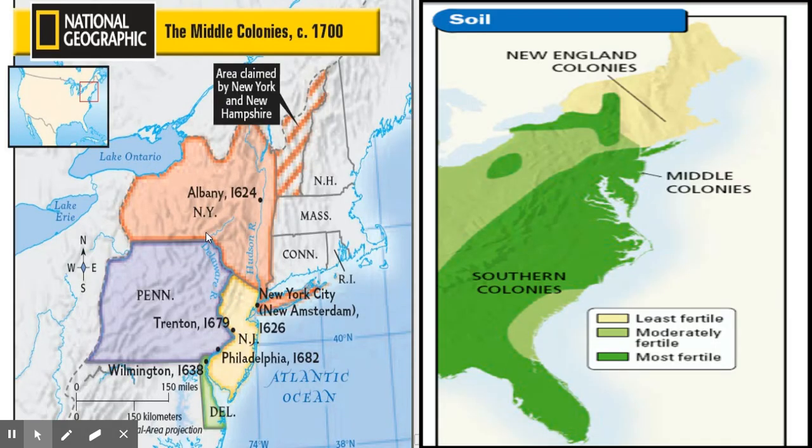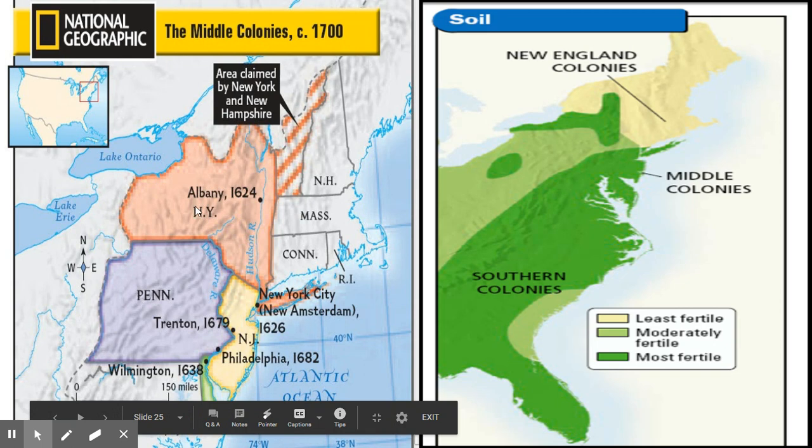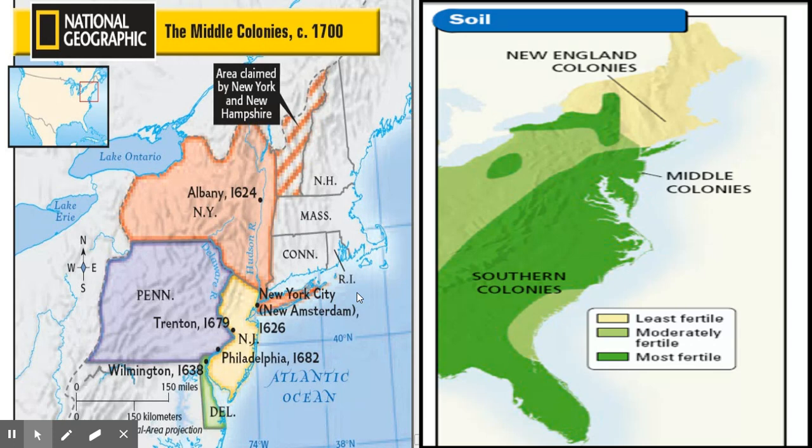So then you have the middle colonies. These aren't very big, but they are some of our major colonies, or places, that we still have today. So you have Albany, New York, the city that's going to be settled right up here on the Hudson River. But what we know as New York City at one time was called New Amsterdam. Later on the city's name is going to change, but New York City is going to be right down here, like the island of Manhattan.